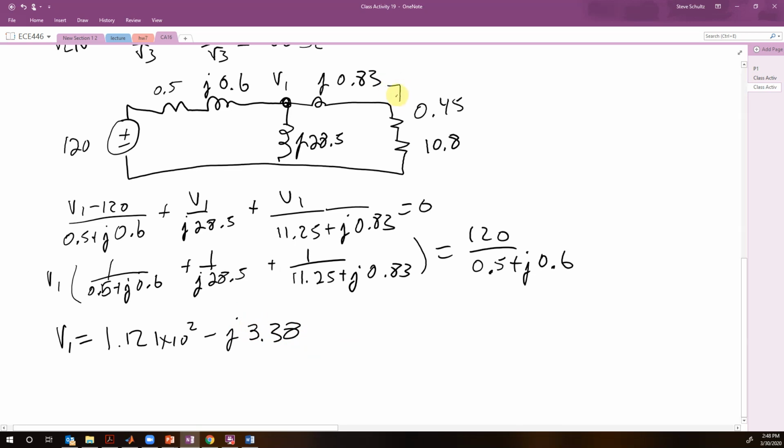We're just going to call this I of our load. So I of our load is going to be equal to V1 divided by (11.25 plus j0.83), and so we get an IL equal to